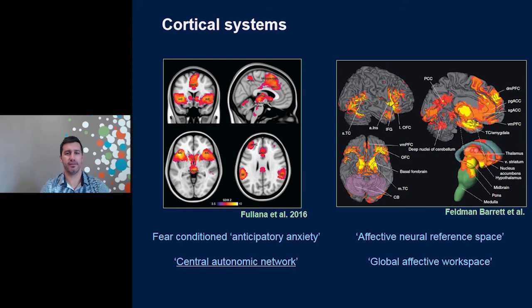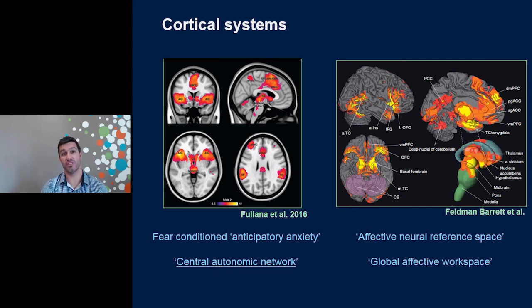Now, we absolutely see results that are consistent with this view in some of our own work. What I'm showing you on the left is the results of the meta-analysis that I mentioned before of fear conditioning studies. What these studies do, in the human context, is create a state of anticipatory anxiety. That's the way we model brain responses to these tasks. They're capturing a person's anticipation of receiving an aversive stimulus. But what we see is a pattern of results that is very consistent with this affective workspace view. But I also think that the results align quite strongly with